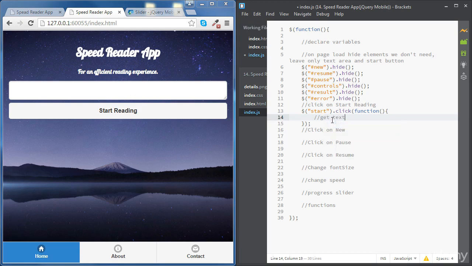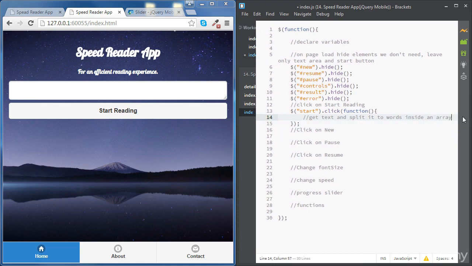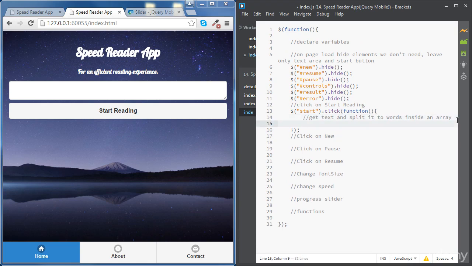So we're gonna get the text and split it to words that we will store inside an array. Okay. So to do this, we are going to use a variable for our array. So let's declare this variable at the beginning. I'm going to call it my array,